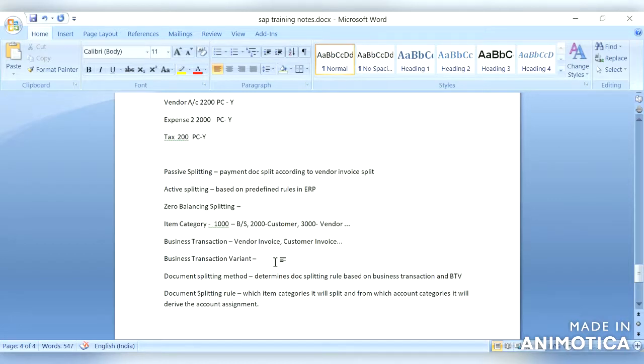What is business transaction variant? Financial postings will get derived from item category for individual line items.